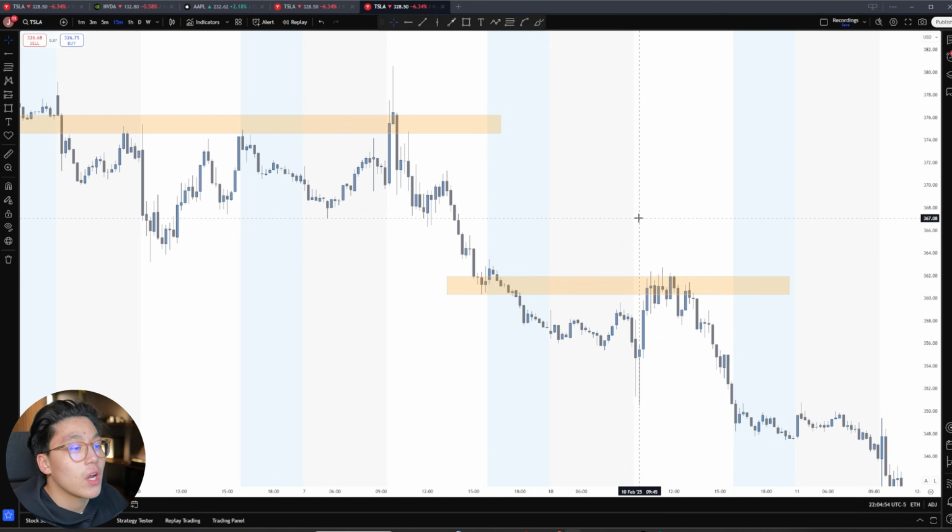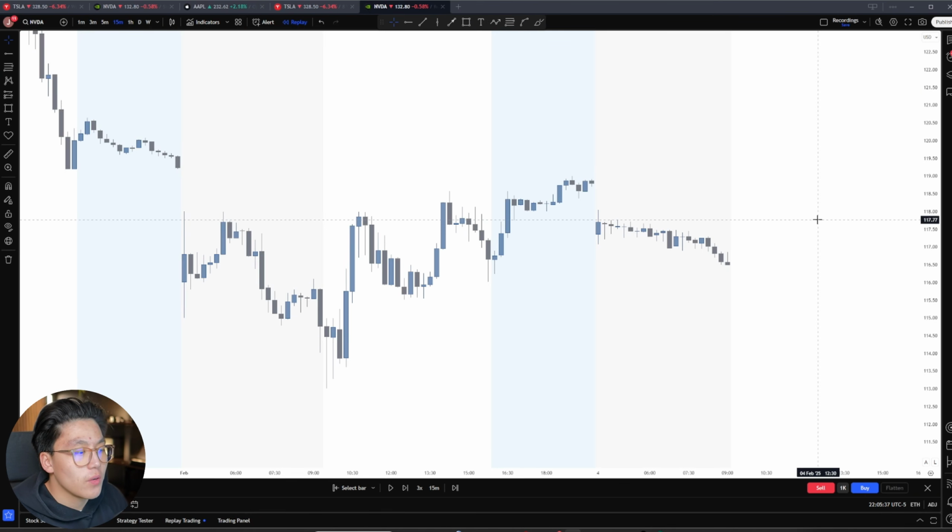Either we're having continuation off the previous day highs or lows, or we're having rejections off those levels and coming back inside the range. All my trades are based off these higher time frame key areas. Now let's go on to some more examples and see exactly how I look to take trades around these key areas. So as you can see, we're on NVIDIA, and I just want to mention all the examples I'm about